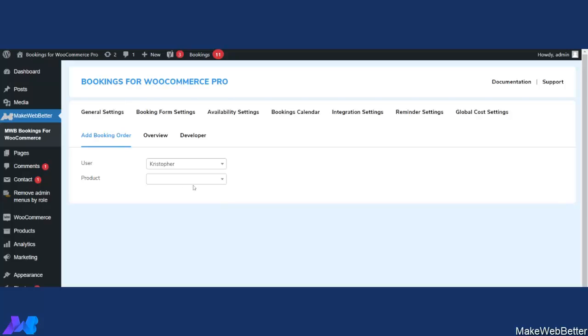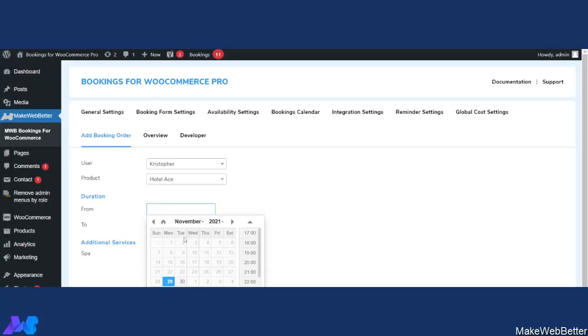as you can see, Christopher, this is one of the users, and let me select any bookable resource. So as you can see, the product is Hotel Ace and the user is Christopher. So here from the backend the admin can decide the user and the product, the bookable resource he wants to book for that particular user, and the duration for which he wants to book that bookable resource for that user, like from 29 to